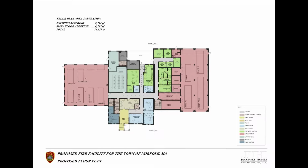And then on the far right side of the building, you're adding the two new bays, which would have where the ladder truck and the two engines and the tanker would go. And then just inside of that, where the rest of the red area and the green area is, we're adding the functional areas to the fire station that really just don't exist today. Adding the bunk rooms for those officers that are there overnight, adding the EMT areas, the drug storage, the medical areas, the workshops, the decontamination rooms that are needed when they come back from a fire or hazardous waste type operation. Of course, locker rooms,